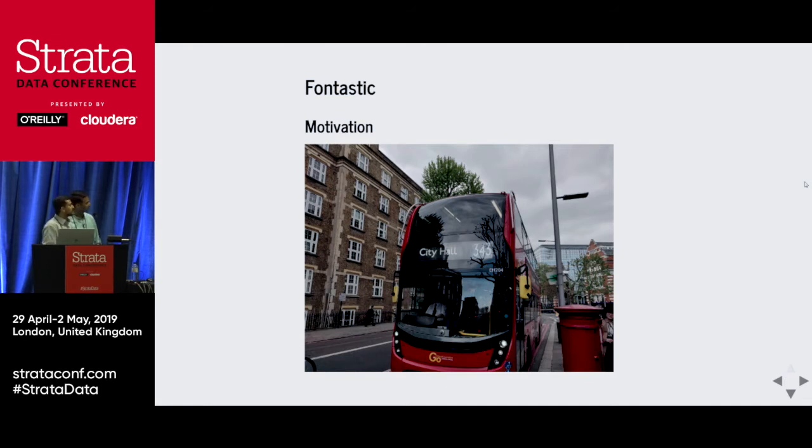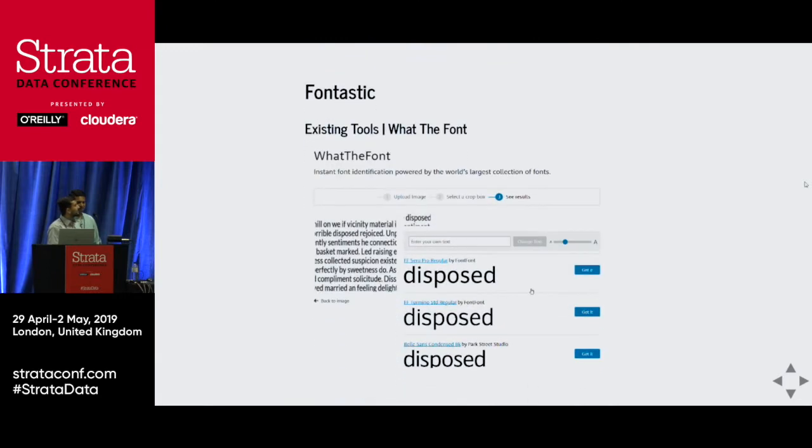And we figured out that there are a bunch of services, like What the Font is one of them. So you can give an image of text, and then it'll throw you what are the possible fonts.